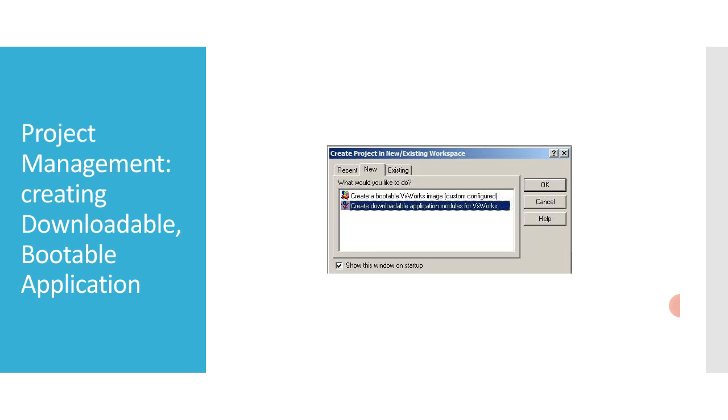So a project consists of the source code files, build settings, and binaries that are used to create a downloadable application, a custom VxWorks image, or a bootable application. The project facility provides a simple means of defining, modifying, editing, and maintaining a variety of build options for each project. Each project requires its own directory.